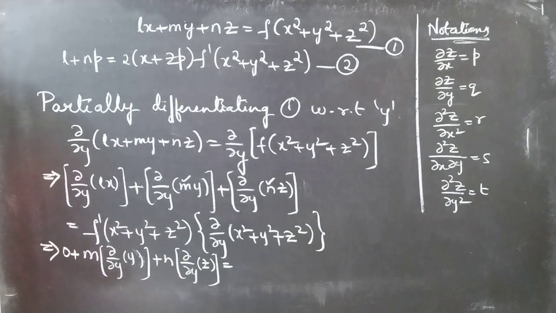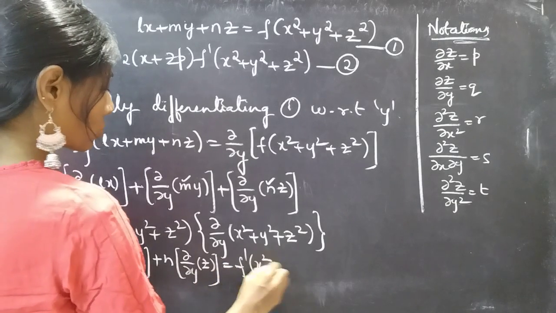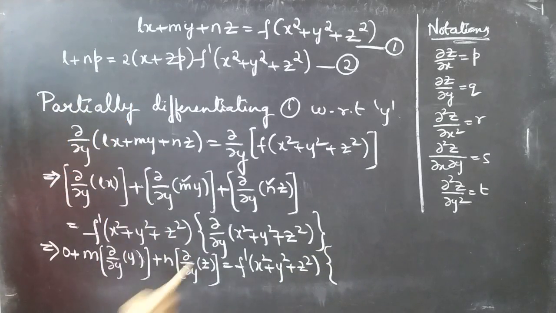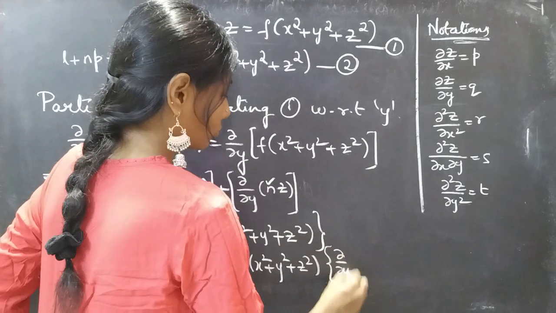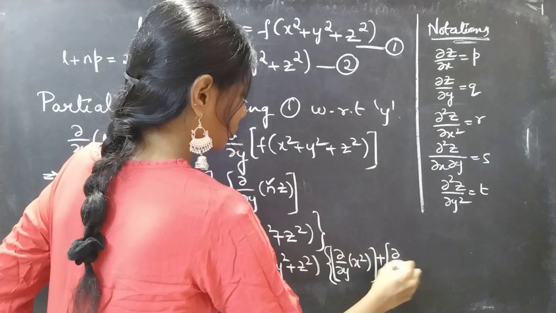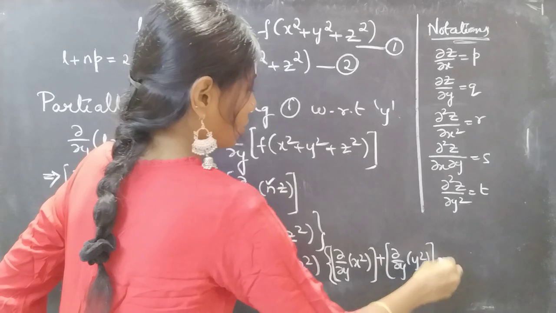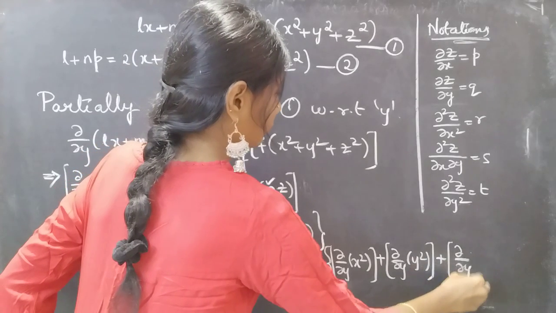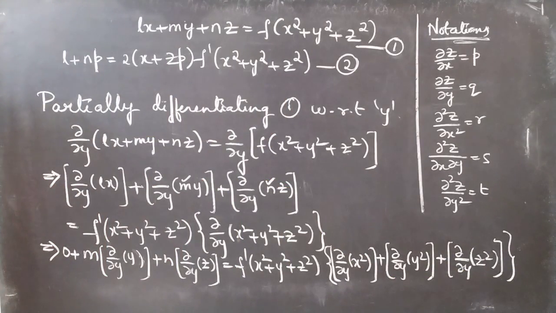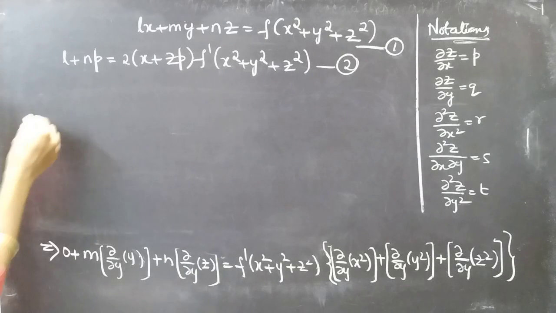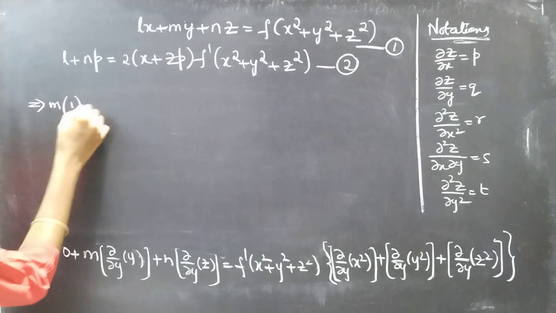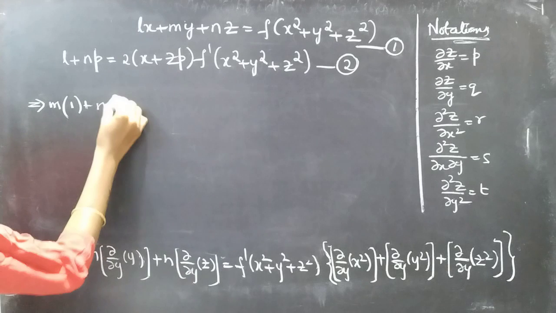equal to f dash of x square plus y square plus z square into the partial derivative of x square plus the partial derivative of y square plus the partial derivative of z square. This gives us m into the partial derivative of y with respect to y is 1, plus n into the partial derivative of z with respect to y, dou z by dou y